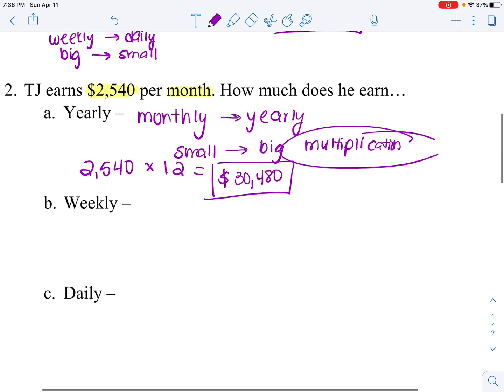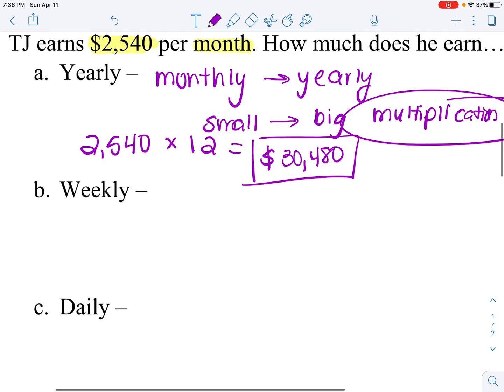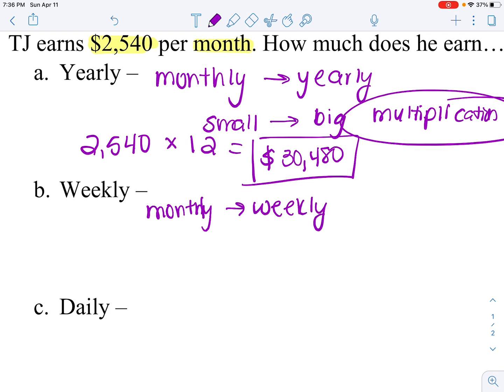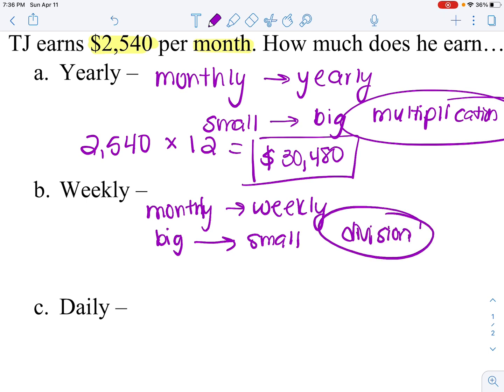Okay, moving on to weekly. So we are going from monthly again. This is where it starts, monthly, and it moves its way to weekly. Okay, so which one is bigger, a month or a week? We know that a month is bigger, a week is smaller. So we're going from big to small. So this time we have to use division. Sorry, my handwriting's a little sloppy. Division. Okay, so if we want to go from a month to a week,